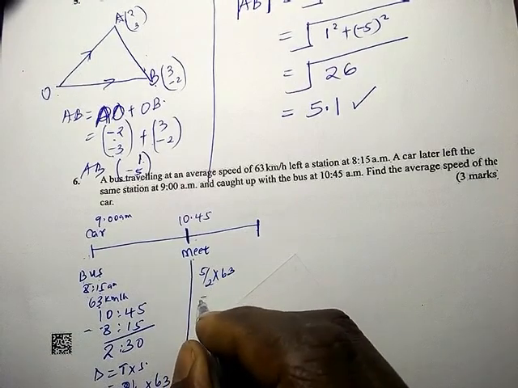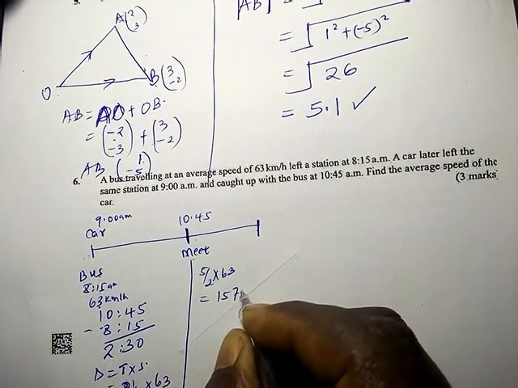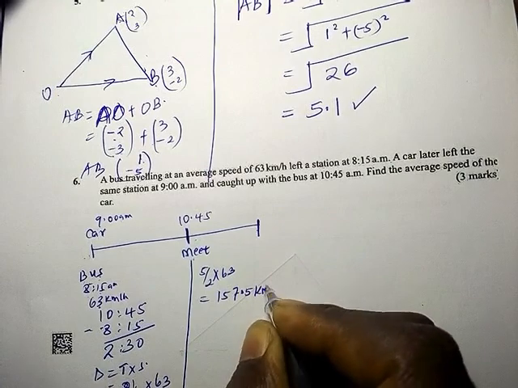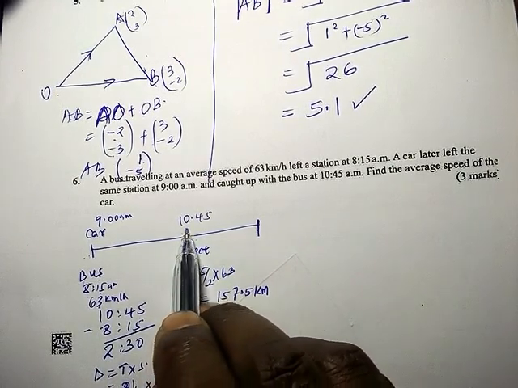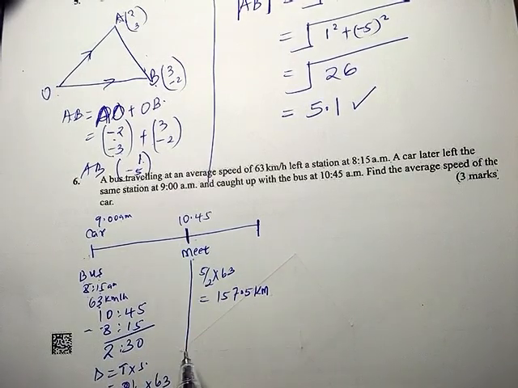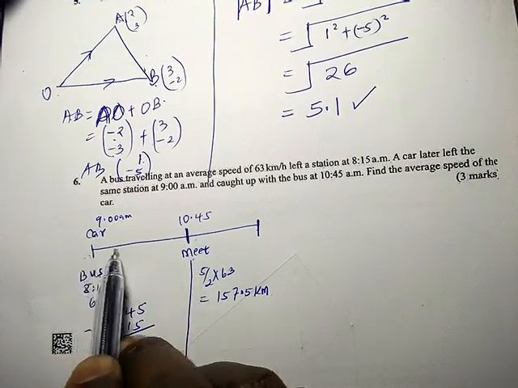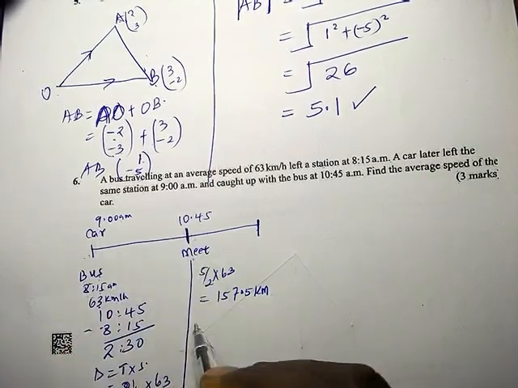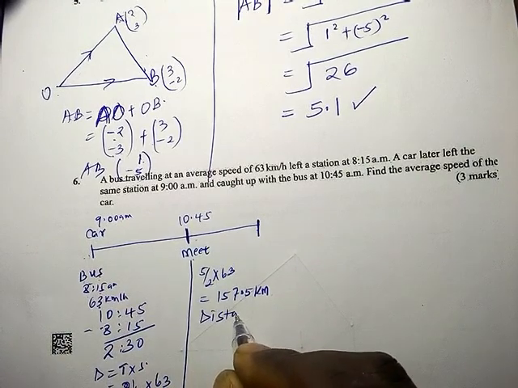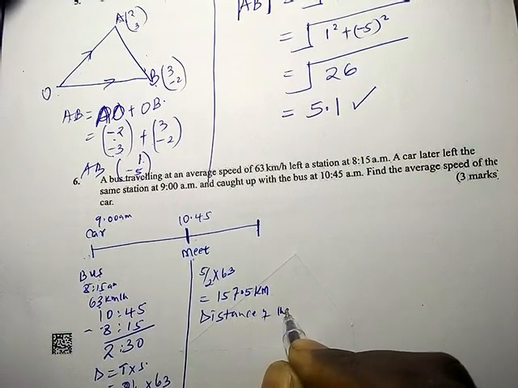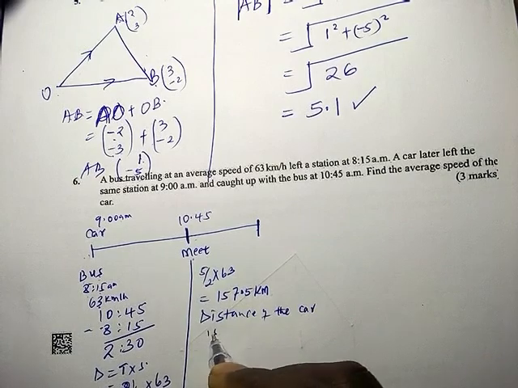And this one gives us 157.5 kilometers. So here, where it was caught up, it is 155 kilometers. But you realize that the same distance it was caught, that is the same distance the car has moved. Now the distance of the car is equal to